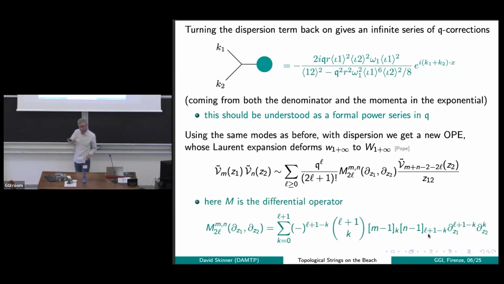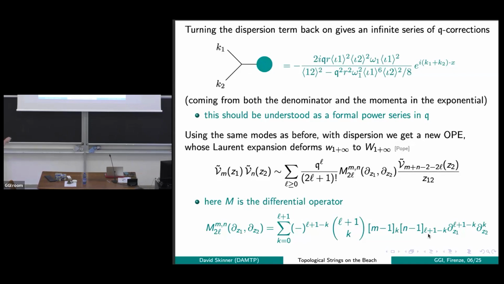And now expanding that out, because of this more complicated q dependence and the more complicated denominator and the more complicated dependence of the exponentials on the q's, we get a more complicated OPE, whose leading term is the same thing that we had before, but now involves many, many derivatives, an infinite series essentially of derivatives acting on the right-hand side. And maybe the details won't particularly matter, but these derivatives look like this.